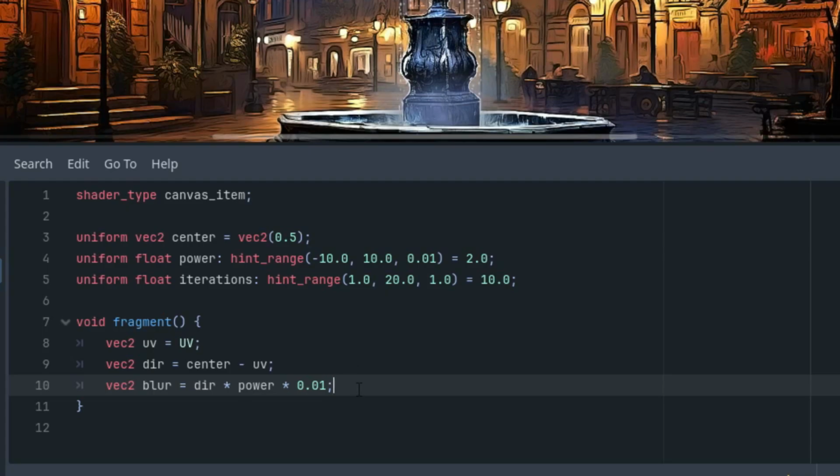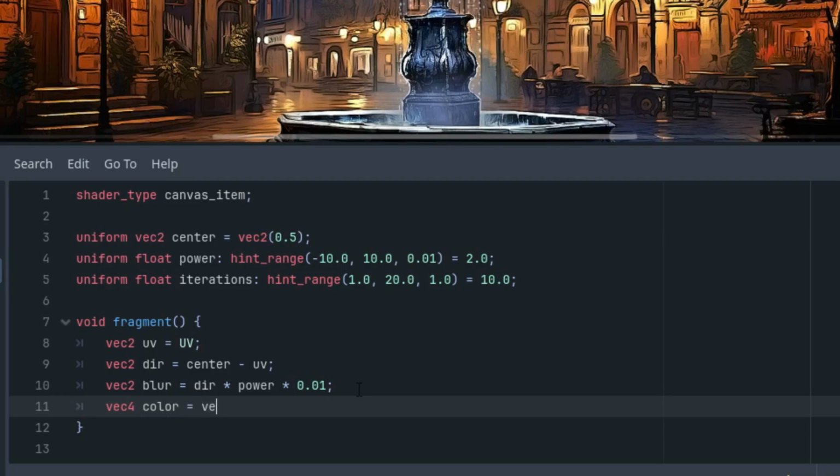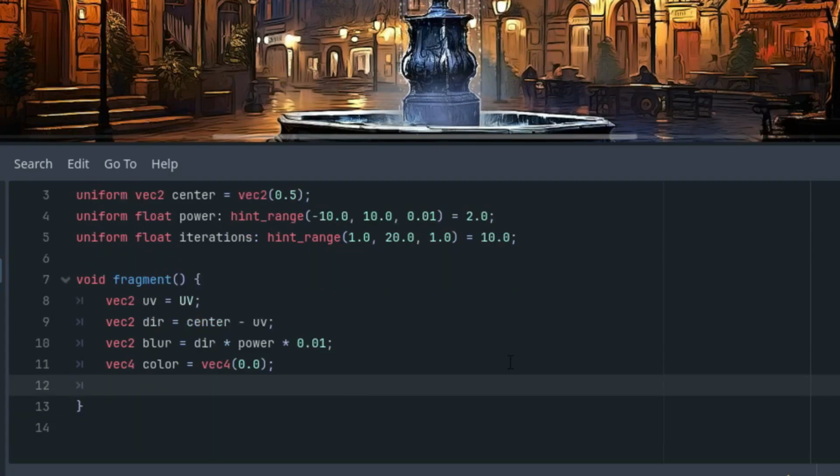So let's code. vec4 color is, as I said, we start at 0, so it's vec4 with all components equal to 0. And now the iterations: for float i from 1 to number of iterations, and i++,